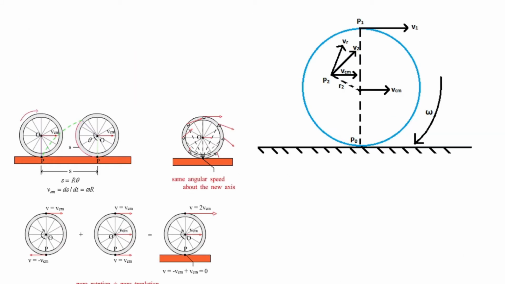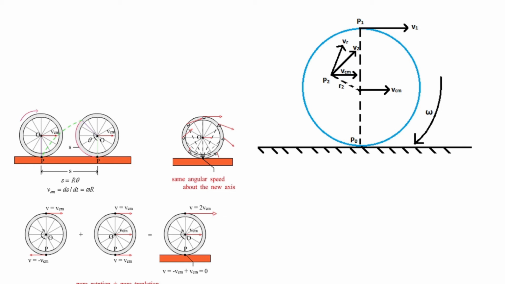Let Vcm be the velocity of the center of mass of a disc-shaped body. For a rolling disc, the center of mass would lie at the geometric center C. The velocity of the body, or velocity of C, is Vcm, which is parallel to the rolling surface. The rotational motion of the body occurs about its axis of symmetry. Therefore, the velocity at any point P0, P1 or P2 of the body comprises two parts.